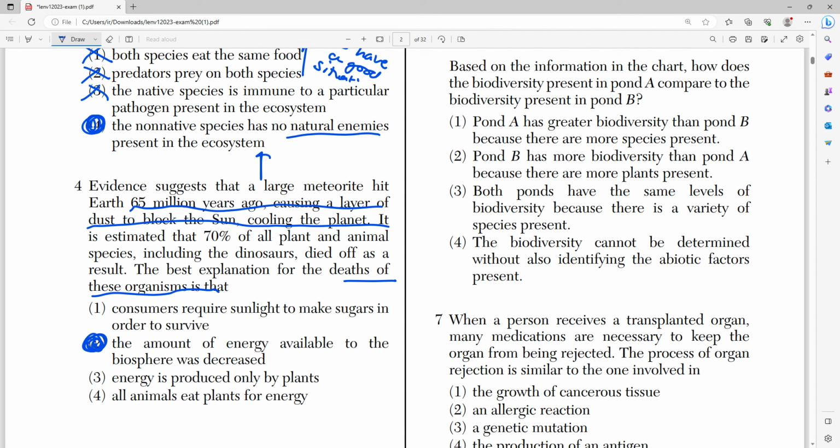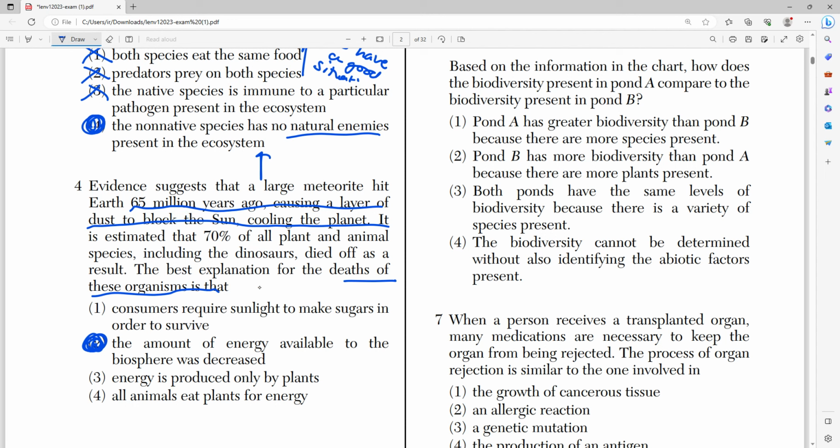Think about it. Everyone needs energy. We as humans need energy. We take the energy in the form of food. Back to the human thing, we need that in food. We either eat plants or we eat other animals which eat plants. Plants need energy from the sun in the form of light to survive, right?